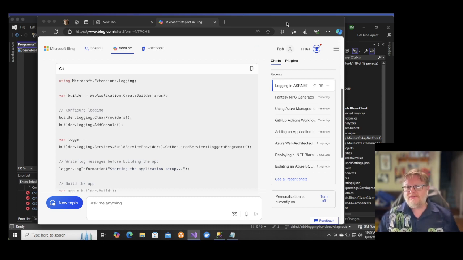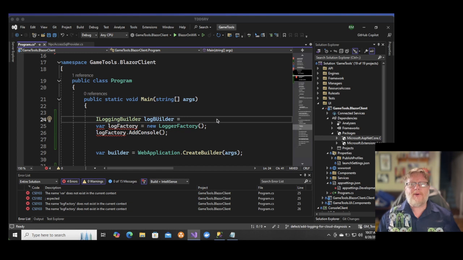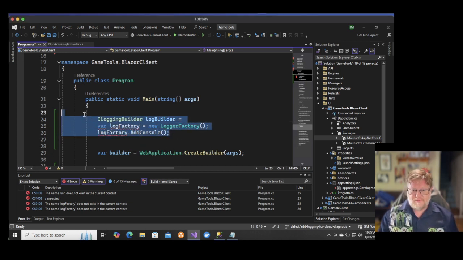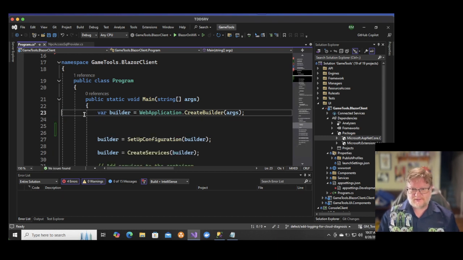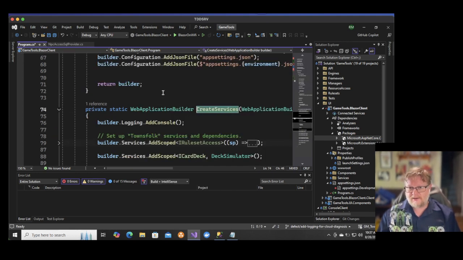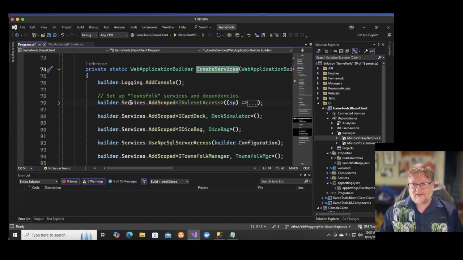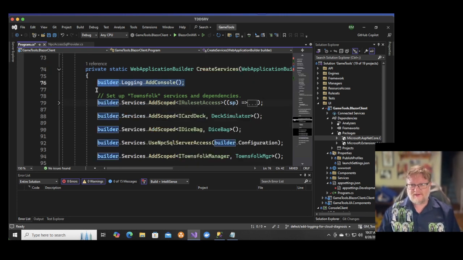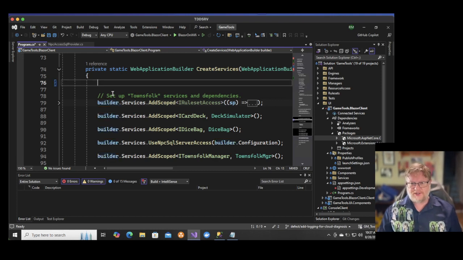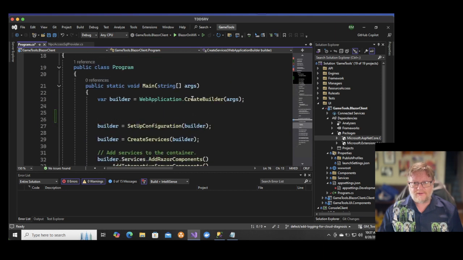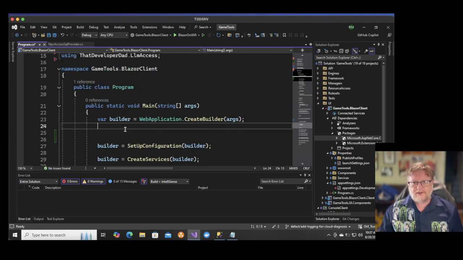Okay, so it looks like part of my problem is self-inflicted, because the builder doesn't know what a logger is at this point, because I did the silly thing and moved the logging configuration into the create services method. So if I make that the very first thing I do,